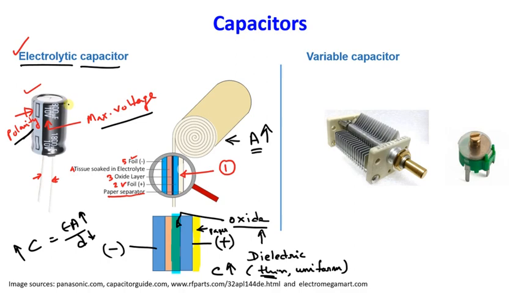And regarding the capacitance value that we have already discussed, due to the high value of A and very thin dielectric, the capacitance is expected to be quite high. That also you can see for this electrolytic capacitor, the capacitance values are in the range of few hundreds of microfarad.